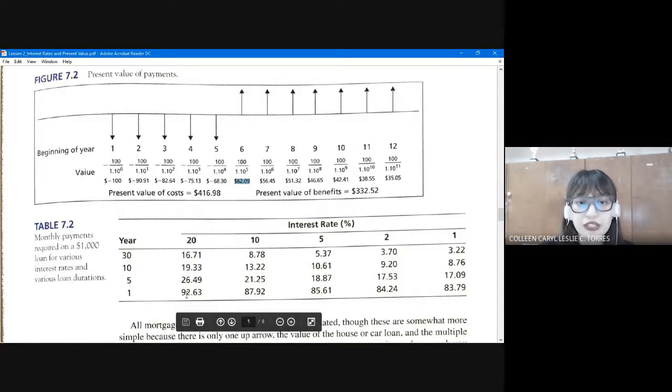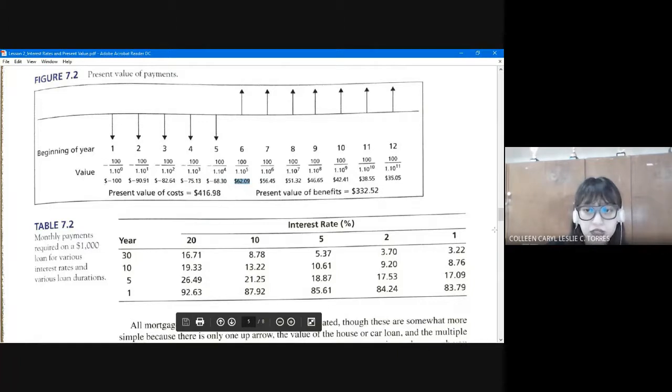For the first year, this would be the payment. If this was to be paid in 1 year, at 1% interest rate, this should be the payment per month,